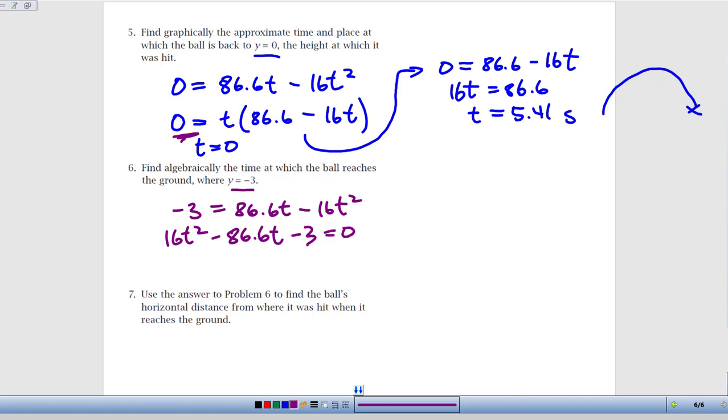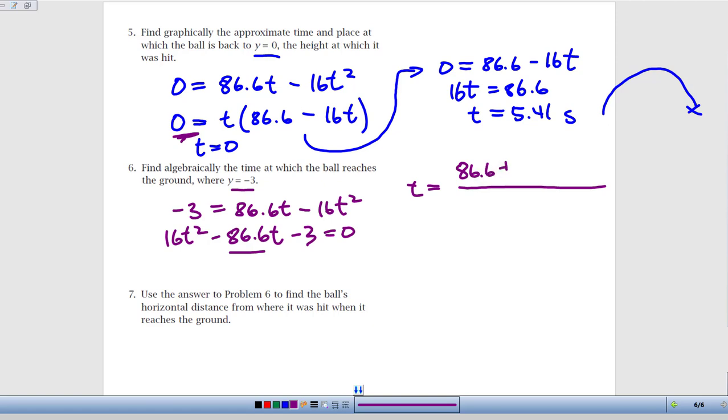And so now that's the equation that we need to solve in order to figure out at what time the ball will actually hit the ground, as opposed to returning back to the same height as where it started when it left the bat. So we're going to have to use the quadratic formula, because that's certainly not going to be a factorable expression. And so if we set that up, if we recall our quadratic formula, negative b, so b is negative 86.6, so we're going to have a positive